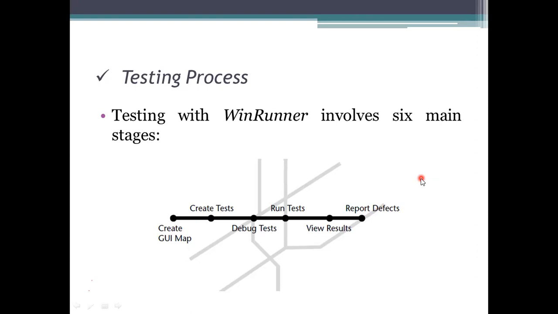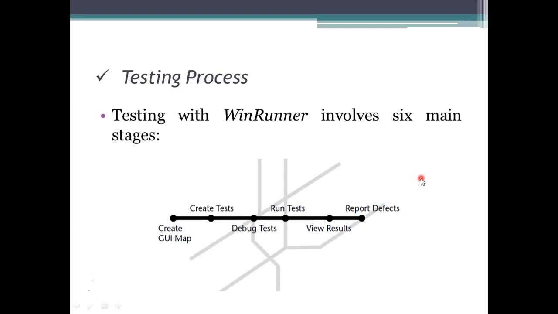We have designed it like that nowadays. There is no need to map the objects of the website or web page to WinRunner; whenever you run it, it will try to get the data from that, and that alone is enough. So you won't need to do this step nowadays.